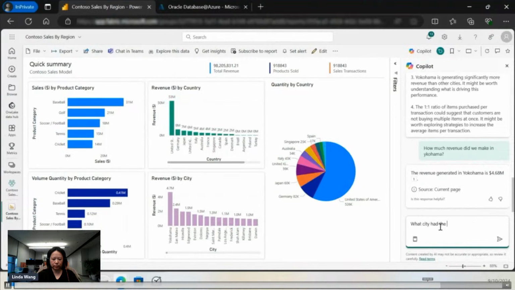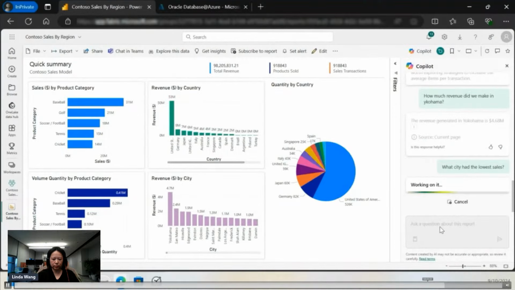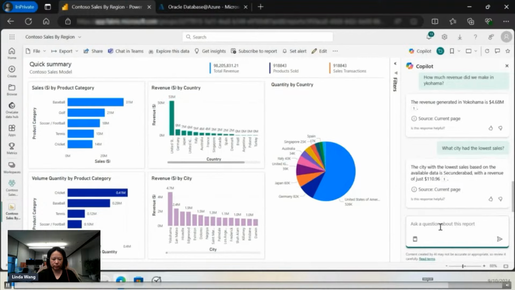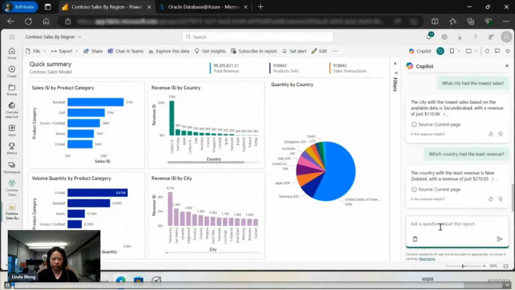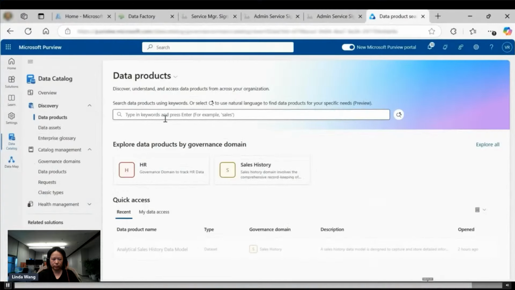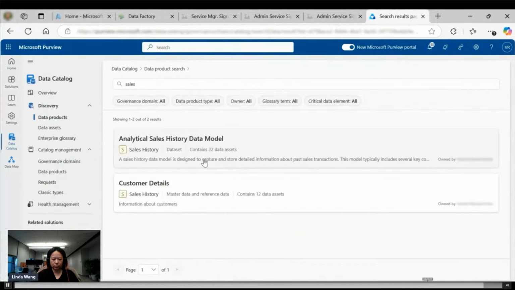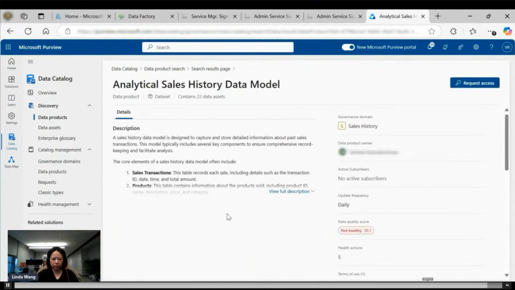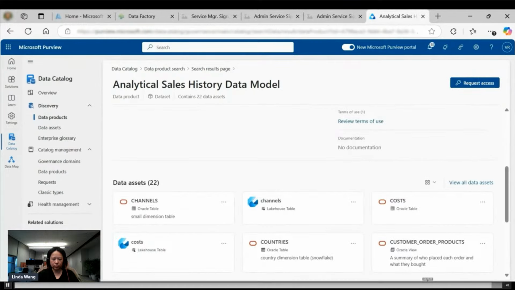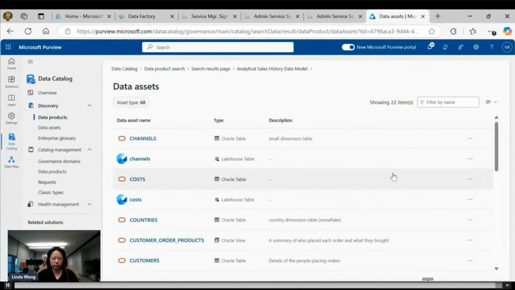Having seen how AI Copilot is helping us within Microsoft Fabric, there is an equally critical topic of data governance we will now talk about. Microsoft Purview is the governance platform that helps secure and govern your data in a federated manner. Integrate with Oracle and Fabric metadata through Purview connector-based scans. Using Data Catalog, create data products packaging data assets in federated, meaningful domains for governance. End users query and search for data assets and request access to the data products. All of this from a single platform, Microsoft Purview.